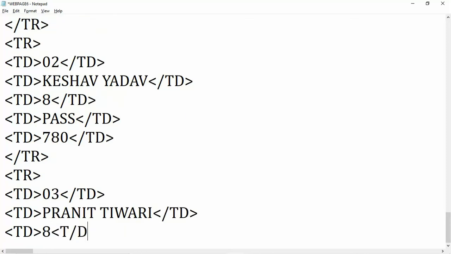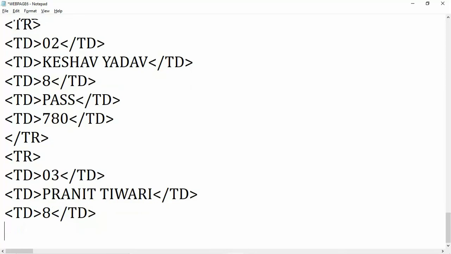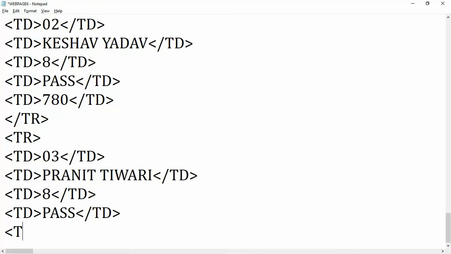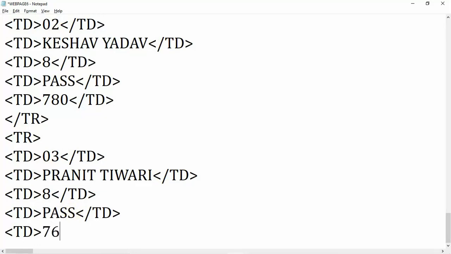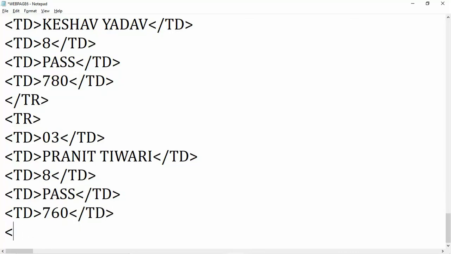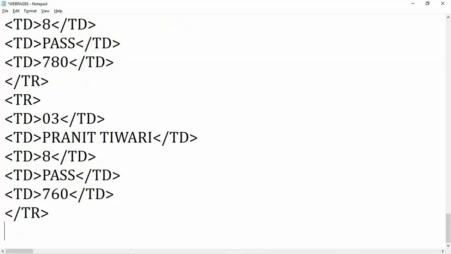Now close the TD tag. Now you have to give the result, pass. Now close the TD tag. Now last is again TD, and here you can see the marks 760. This way you can close. Now another row is also completed, so close.